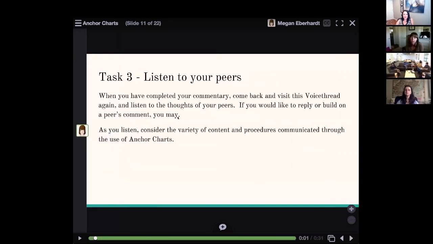Before they were to leave their comment, they were supposed to listen to what their peers said so there were not repeats. However, this direction seemed to fail to be followed, so I had a lot of